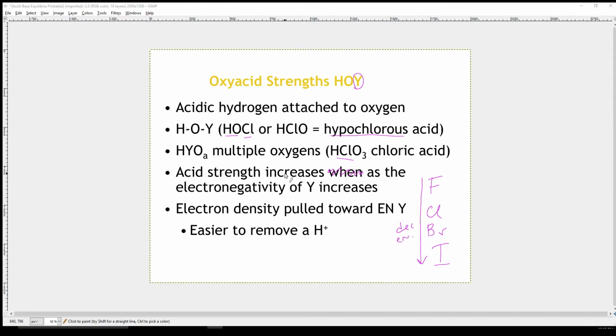Acid strength will increase as the electronegativity of Y, this piece on the end, increases. So for this, decreasing electronegativity in an oxyacid means weaker acid. This will be stronger